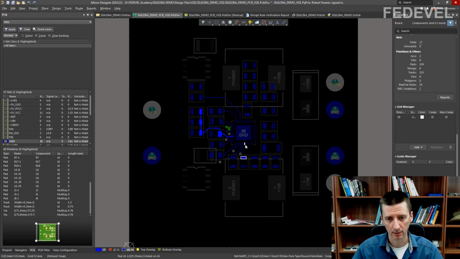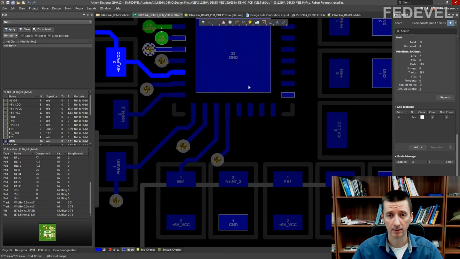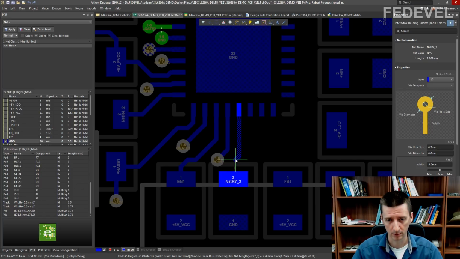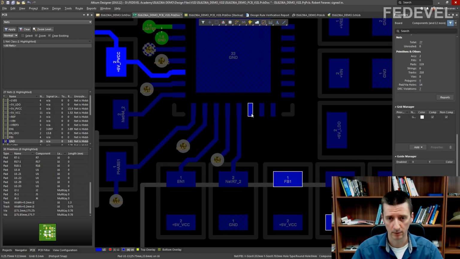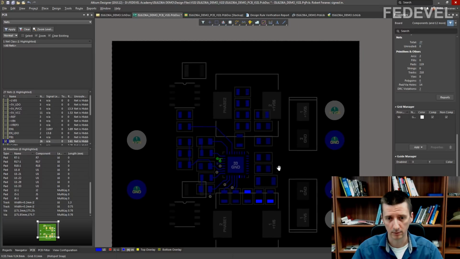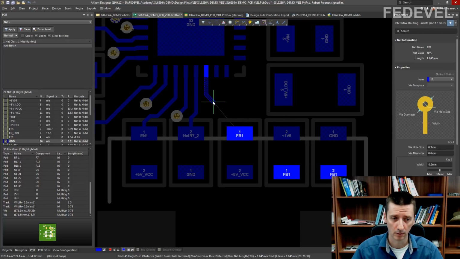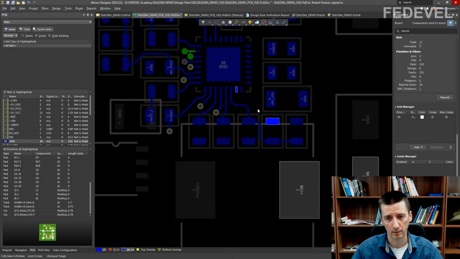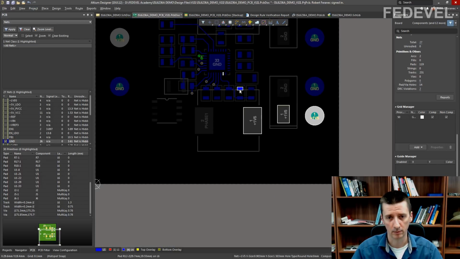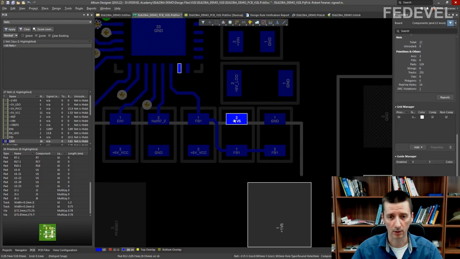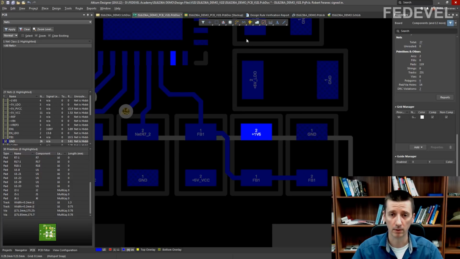The next pin, this is a simple one. This one is connected on the bottom and then it has to go on the top.